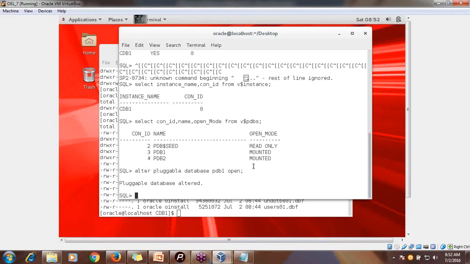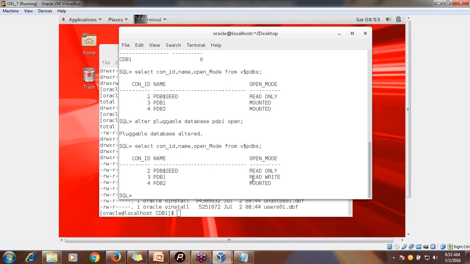Fine. So you have just opened the PDB1 database. So here you can see con_id, name, open mode from V$PDBS. So this is in the read write mode, you can see.